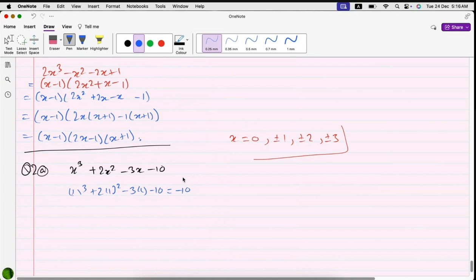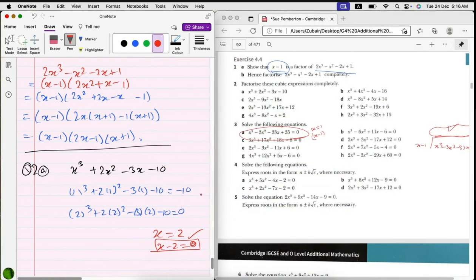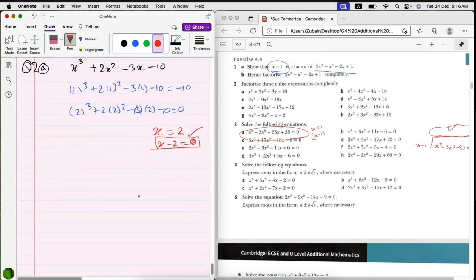Just replaced all the ones with 2 and I got 0. 2 cube plus 2 into 2 square minus 3 into 2 minus 10. I got 0. When I used x equals 2, that means x minus 2 equals 0 is a factor. Definitely it would have three factors. By hit and trial, I got this one of the factors. Someone else would get a different factor. Now going for the remaining factors,